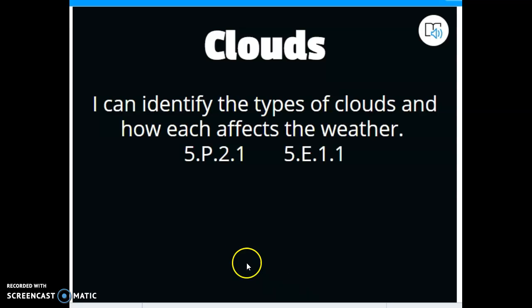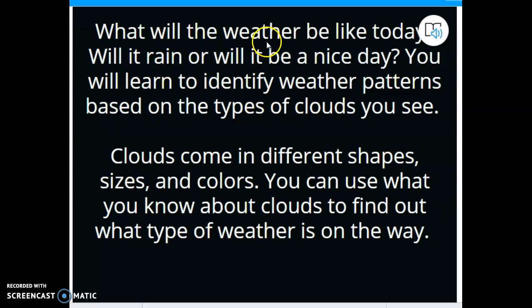So we're on clouds. And the reason why I need you to understand all the different types of clouds is because they are a good predictor of current weather situations and upcoming weather situations. So it's important for us to know all about these. And again, that's kind of what this slide is saying. What will the weather be like today? What will the weather be like over the next few days? And sure, we can use things like the hygrometer, the barometer, the air temperature and things to predict the weather, but clouds are another tool that we can use to look at and analyze and predict what's going to happen